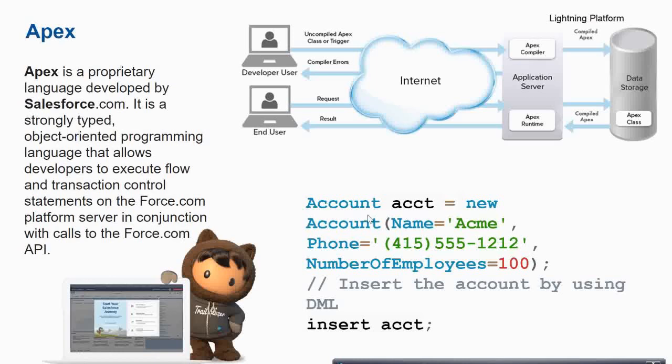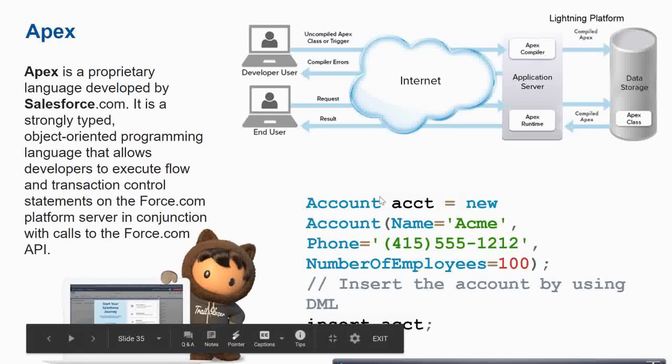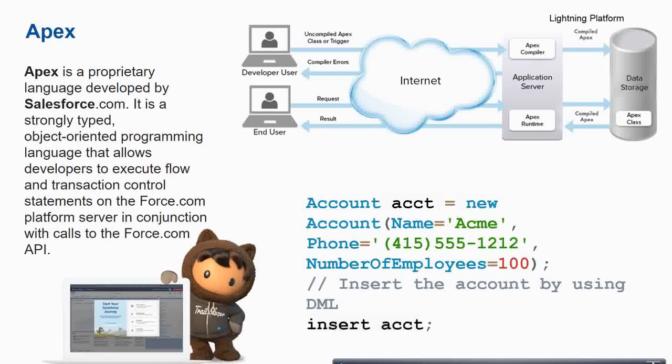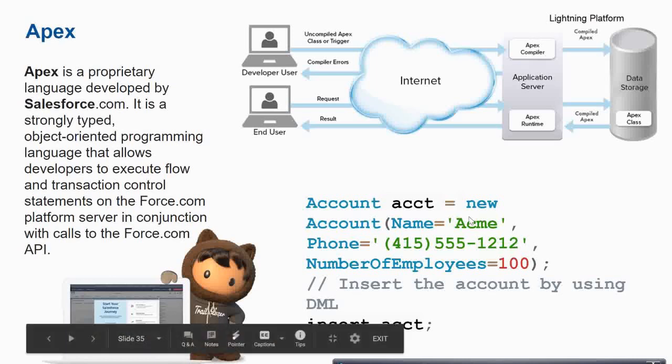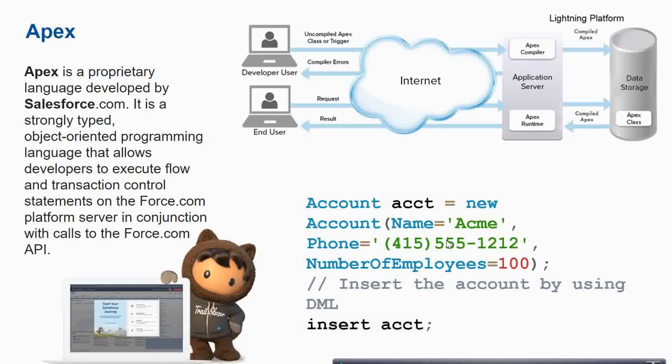So here is a short example of Apex. You can open the developer console, go to the execute anonymous window, paste this and run, and it will insert an account inside your account object. Apex is analogous to Java. It has classes, methods, inheritance. It is a Java-like programming language which serves as the backend to talk with the database, and the database here is objects.